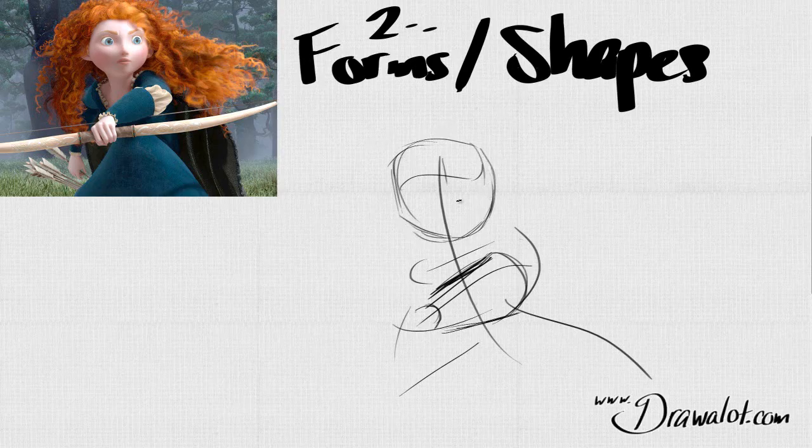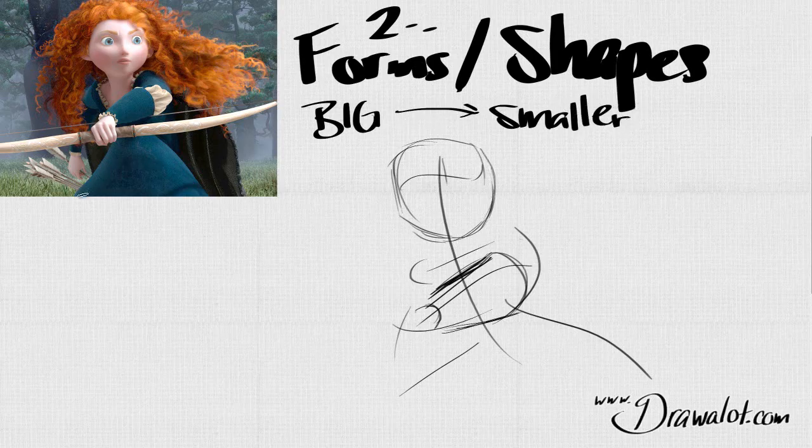Okay, and this is a very important note. Okay, so if you're taking notes, write this down. Start from big to small. Okay, so we're going to work from big and then down to the smaller and smaller ones. All right, so as I mentioned before, the biggest forms I see are the triangle, the cylinder, and the sphere for her head. So I'm going to draw those first,